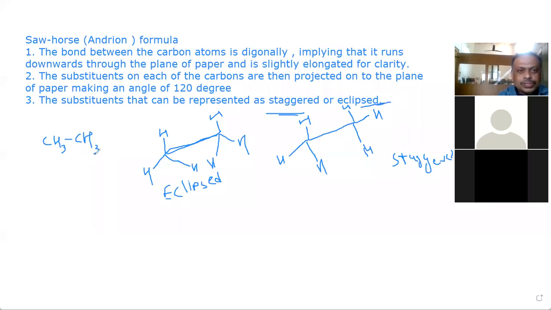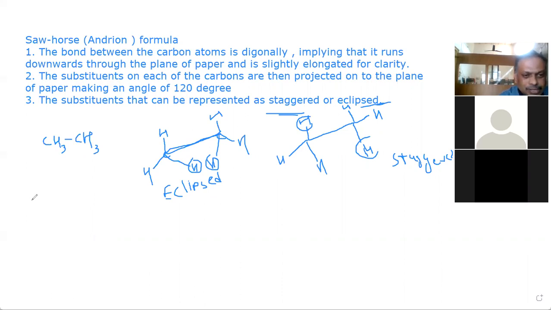This is ethane molecule, CH3CH3. This is one carbon. This is the second carbon. And hydrogen, hydrogen, hydrogen. Now these two hydrogen atoms are very close, and this conformation is called eclipsed conformation. When two similar groups or bulky groups are on the same side, that conformation is eclipsed. In staggered, these are away from each other. This hydrogen atom and this hydrogen atom are away from each other. It is called the staggered conformation.